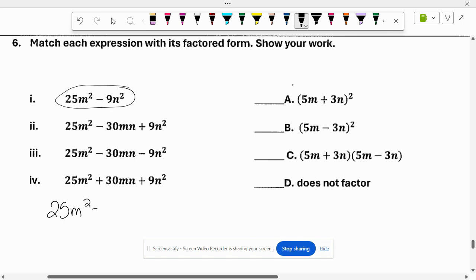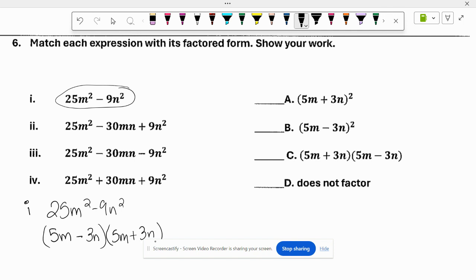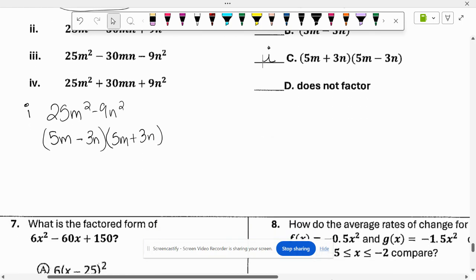So 25m squared minus 9n squared. This is my work for I. Well, the square root of 25m squared is 5m, and the square root of 9n squared is 3n. So I have 5m minus 3n times 5m plus 3n. So my answer is answer choice C. For my next one, 20